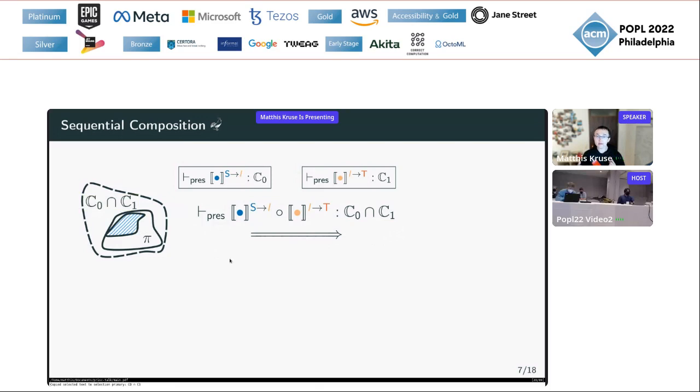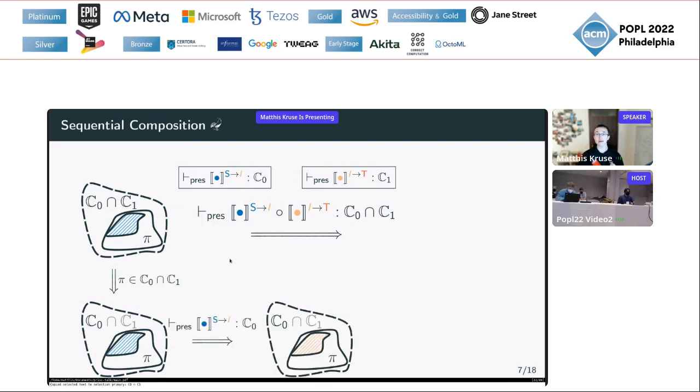Since pi is an element of the intersection of C0 and C1, it is okay to, quote unquote, forget about C1, and just focus on the fact that pi is an element of C0. This allows us to apply the fact that the compiler from blue S to yellow I is robust with respect to C0. So one can conclude that the yellow robust behavior of the original blue program is still in all pi's. Now again, let's remind ourselves that all pi's are in the intersection of C0 and C1, so it is fine to switch gears and just focus on the fact that pi is an element of C1.